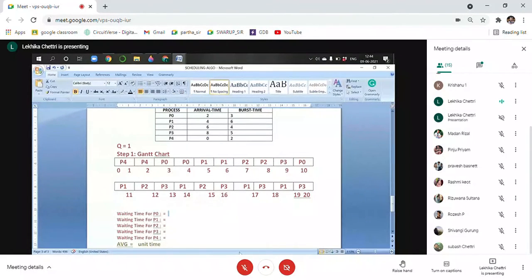So we write down here 0 minus when did it get into the CPU? Ready queue में आया at time 0. And when did it enter into the CPU? At time unit 0. Okay, so 0 minus 0, it will give me 0. Yes? Ma'am, you are writing it for P0. Oh yeah, that was a mistake. Thank you. So for P4, it had to wait for no time. The moment it entered into the main memory, it got the CPU. So it did not have to wait.